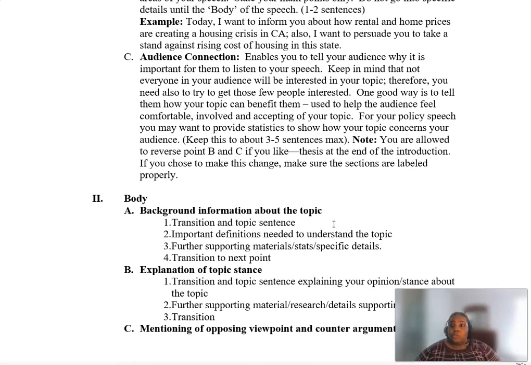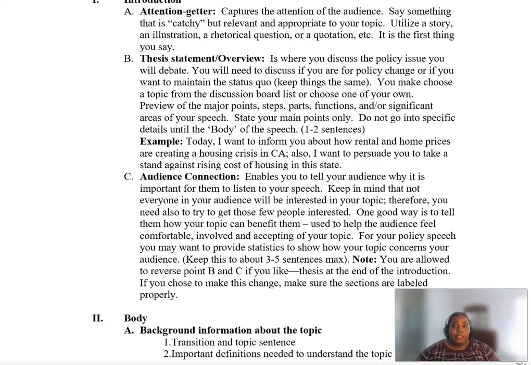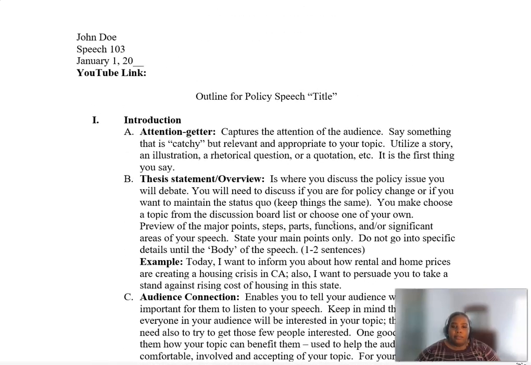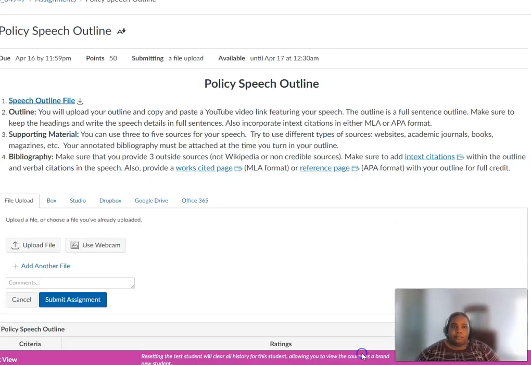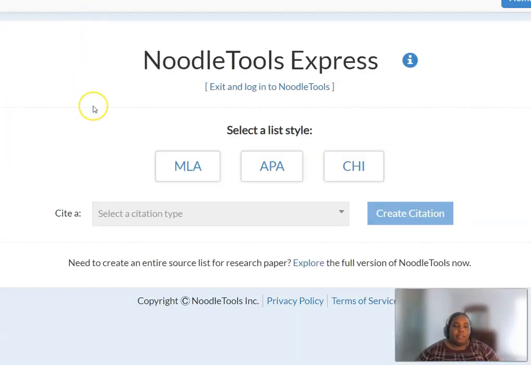One more thing before I go, I just want to give you some resources to help you out with your bibliography. One tool or one generator I recommend is Noodle Tools Express. Although you don't have to use this generator, it's one of my favorites because of its clean design and ease of use. Now, we do not use Chicago style in this class, but it might be useful for any other classes you may have. Say, for instance, you're doing MLA format, you can press MLA,